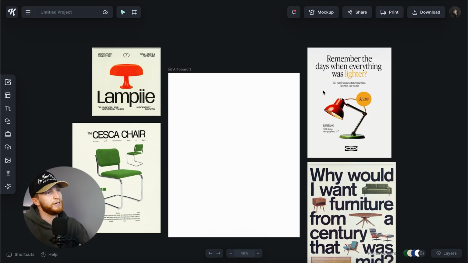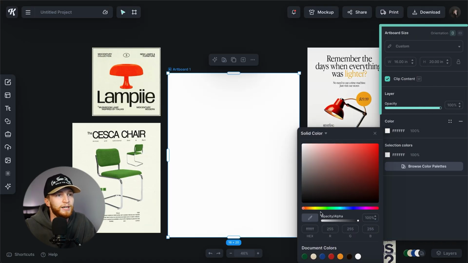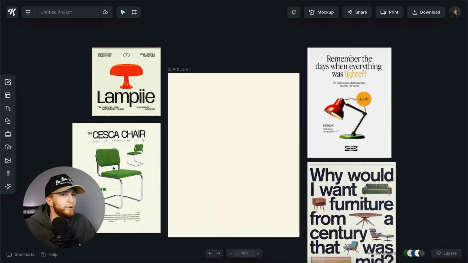So let's get into our first poster design over here on the left. First, I'm going to select my background here, and I'm gonna make this a nice off-white color. I can try a different color from these, and I'm really liking this one. It's not too yellow, but it's not too